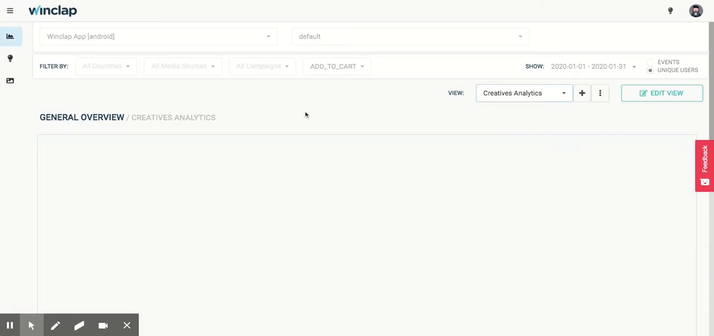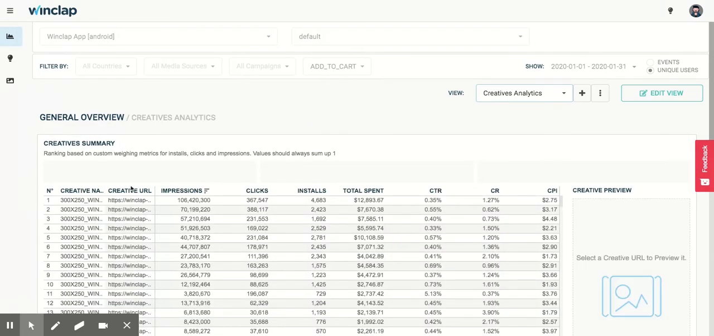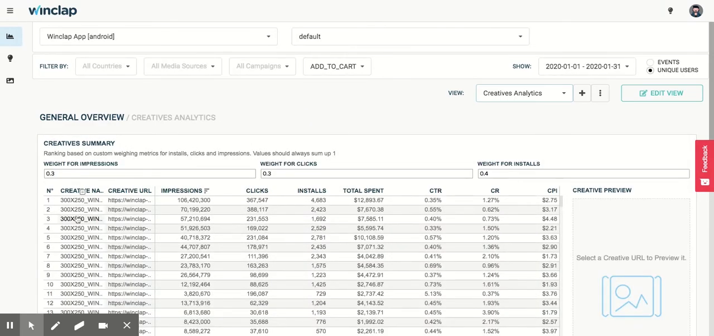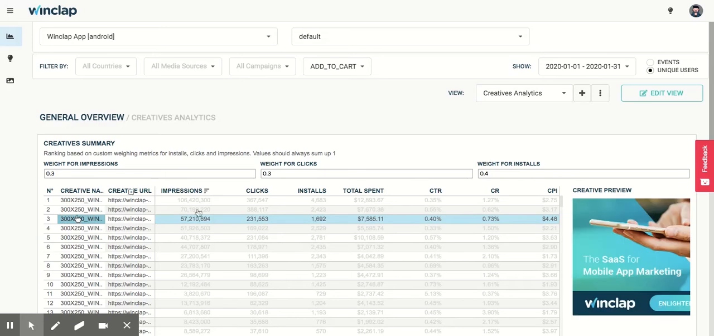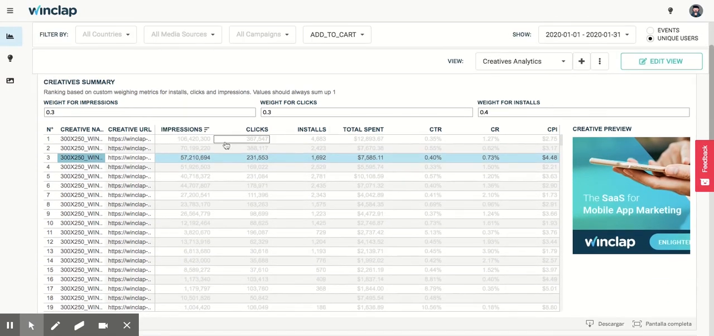Regarding creative level analysis, we have a creative chart where you have the summary of all the different ads you're running. So you can step on one of the ads and you can have a preview of the ad and of course a preview of the metrics. You can order this table